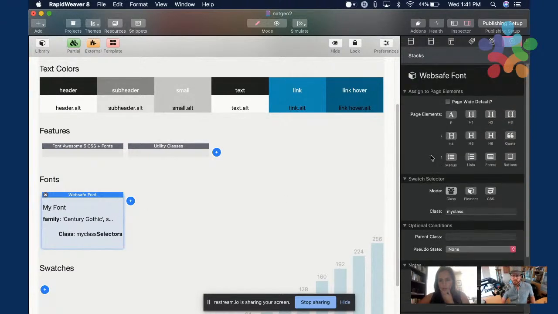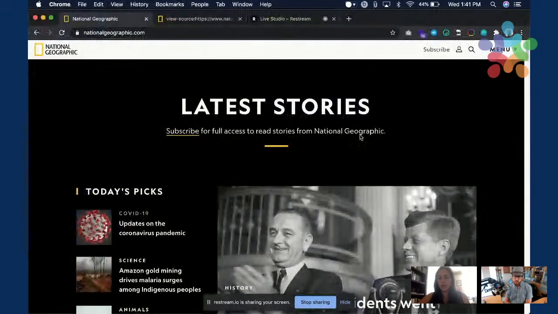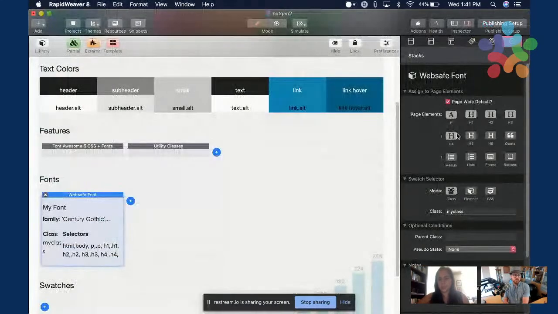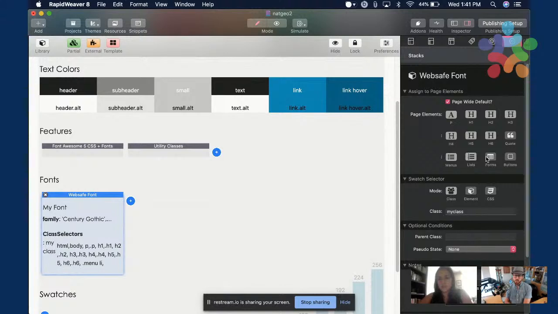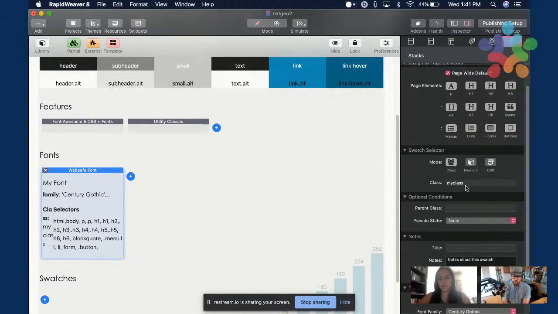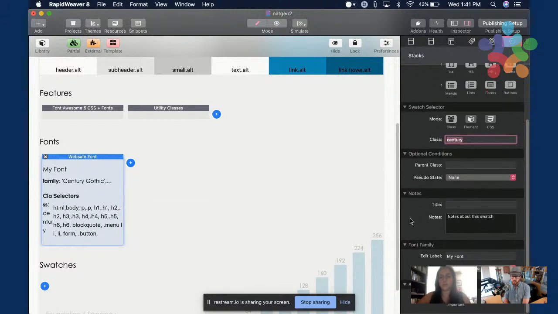I noticed that the font is the same throughout the site, so I'm going to choose all of the elements here so that this font can be used throughout the site. So I'm gonna call it Century anyway, so that if I need to override something, I know which class to use.